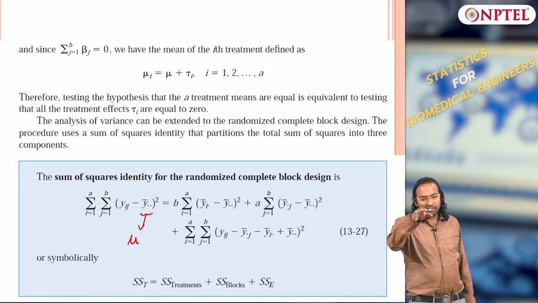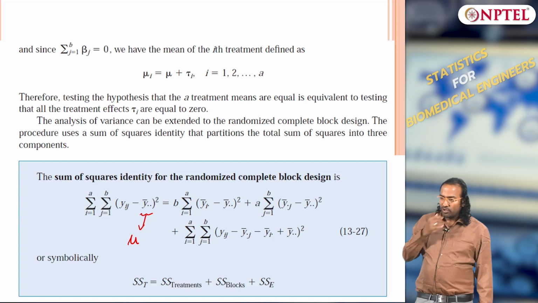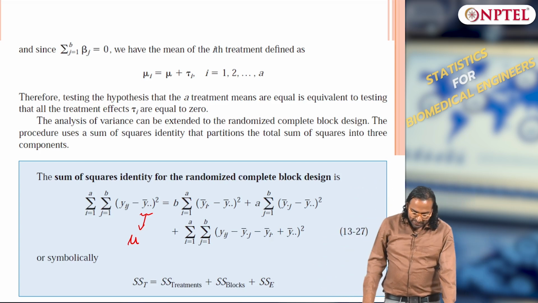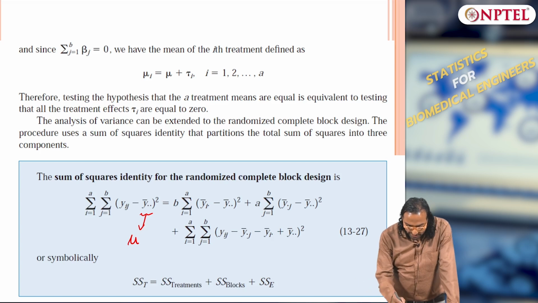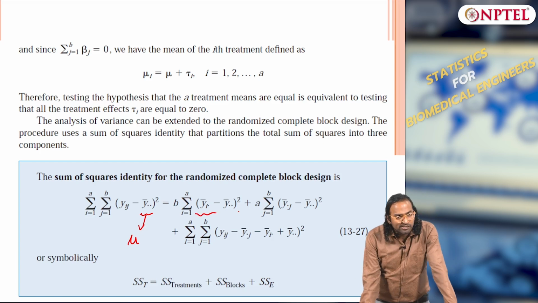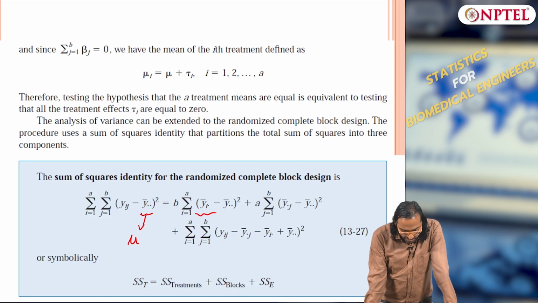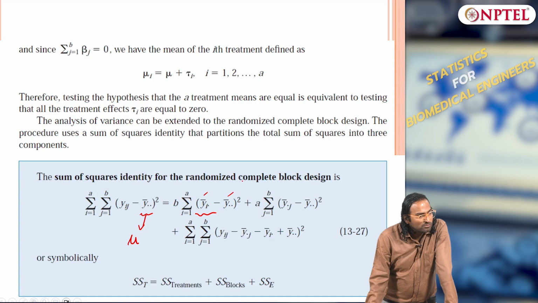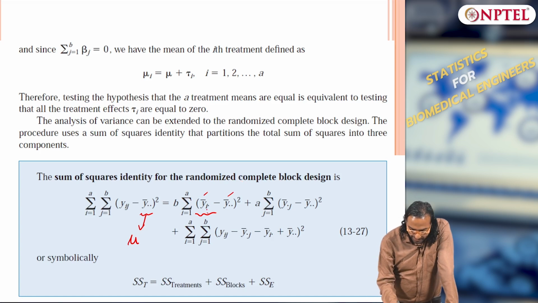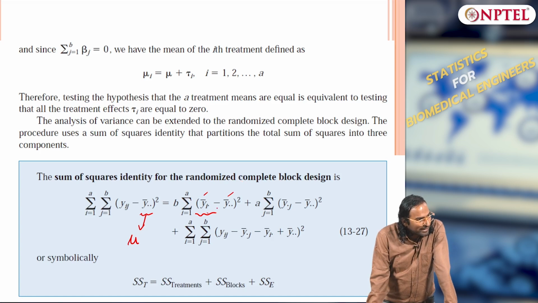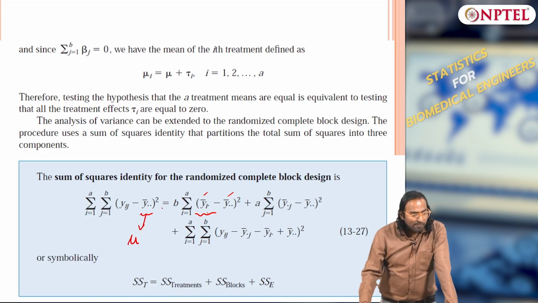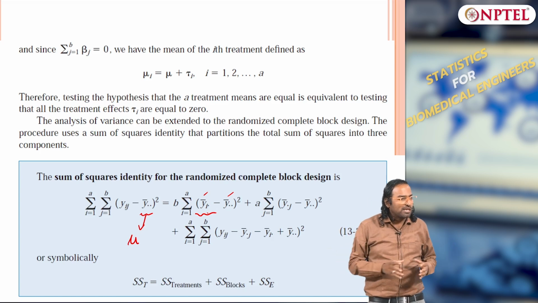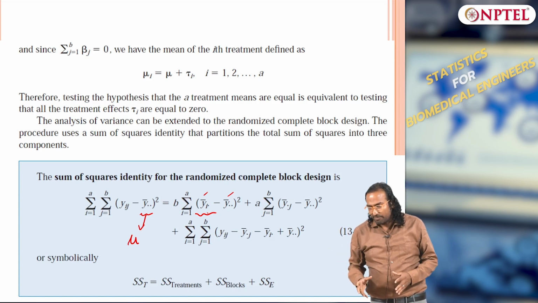You would have done summation along rows and columns, that is what I am doing. Now that effect I am dividing into 3 parts. One is what I call the treatment effect, yi dot minus y bar dot dot, which is the treatment effect minus the overall mu, the whole square. That is my variation due to treatment, and this multiplied and summated along the rows is nothing but my sum square treatment.